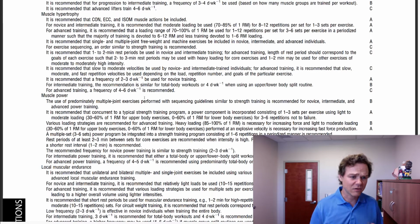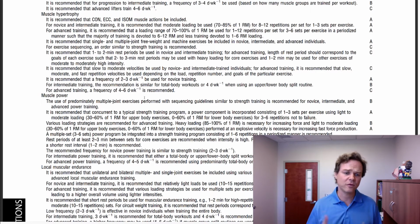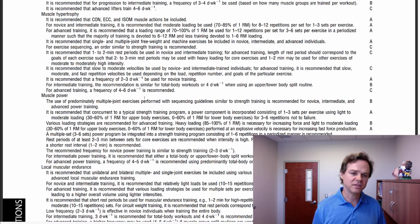What makes sense? How do I prevent injury? How do I improve performance? How do I improve health? What can this do for me, and how can this hurt me? And you don't want to do things that hurt you. So